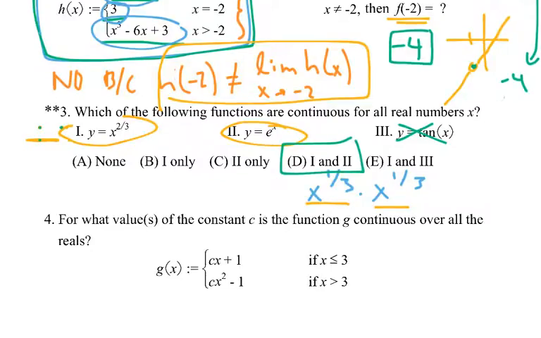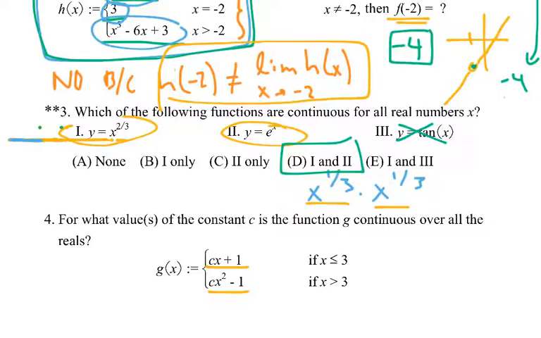Number 4, for what values of the constant c is the function g continuous over all reals? So here we've essentially got some line here, which is continuous because lines are continuous. And we've got some parabola, which is continuous because quadratics are continuous. Now they meet up at x equals 3. So if there's going to be a discontinuity, it's going to be at x equals 3. So what we want to do is set those equal to each other